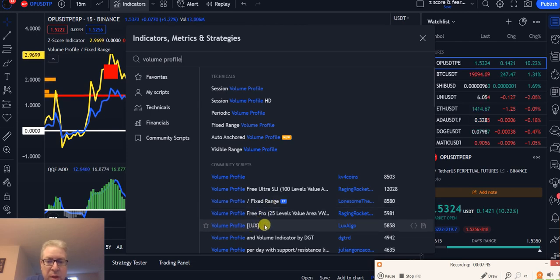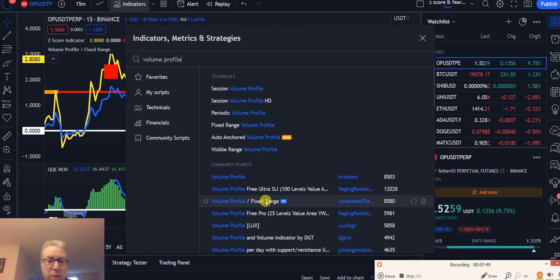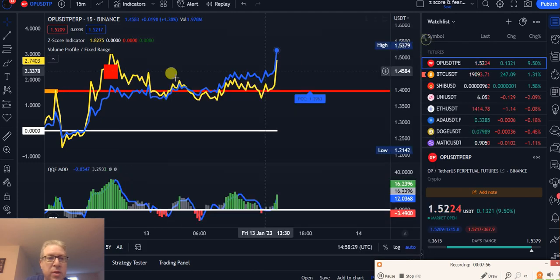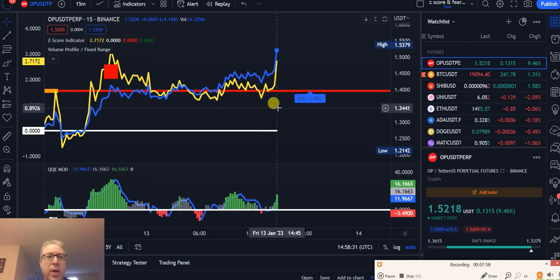I need to check Lux, because Lux I heard is also good, Lux Algo. But volume profile, I might play with this. I just started yesterday, so far so good. Volume profile fixed range added to the chart. It's automatically adding it. We are pumping. Look at the